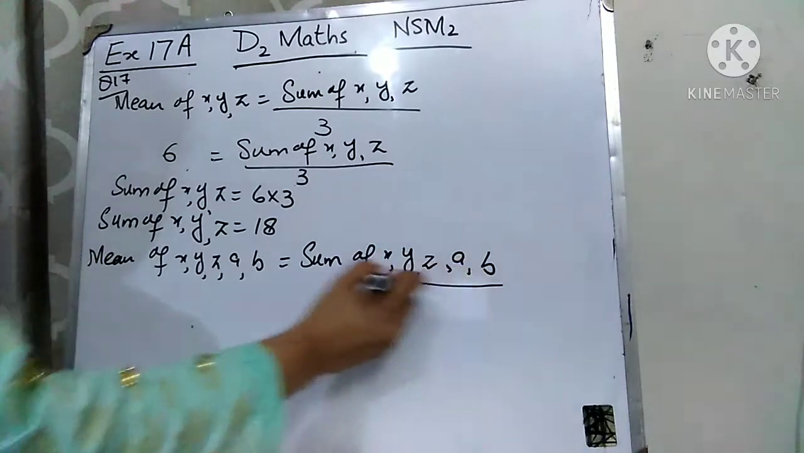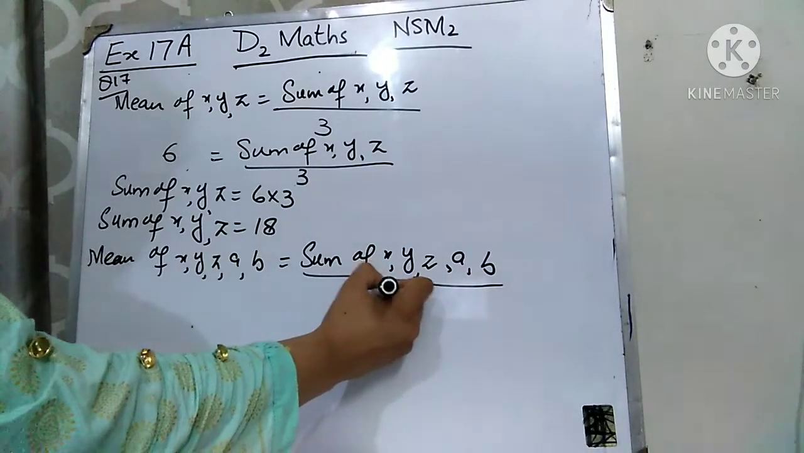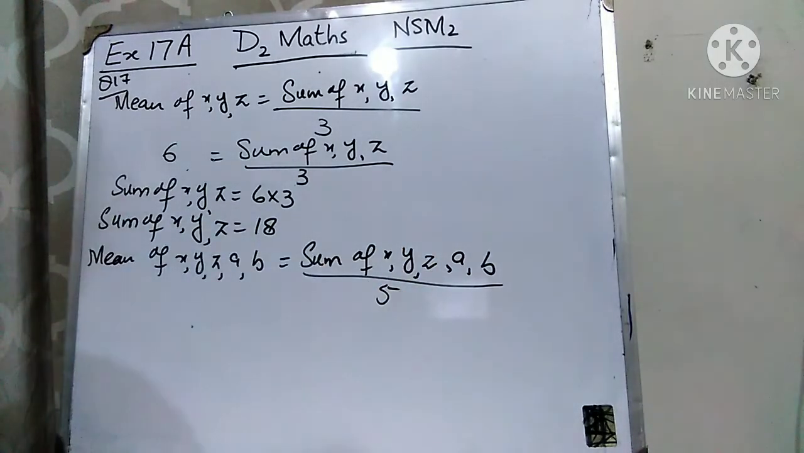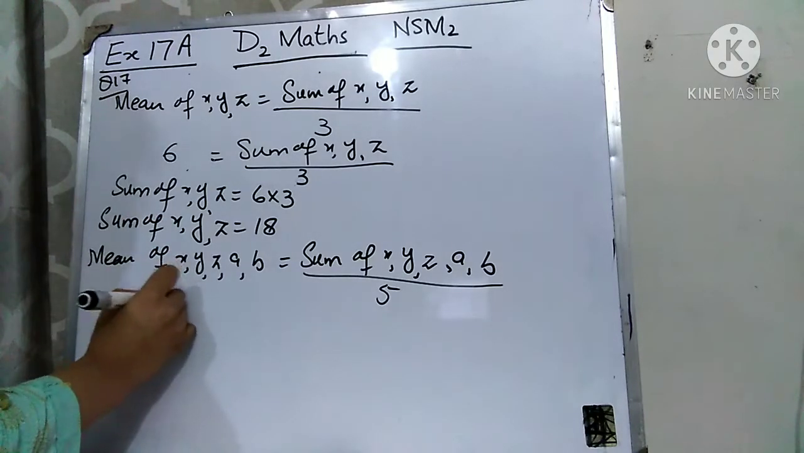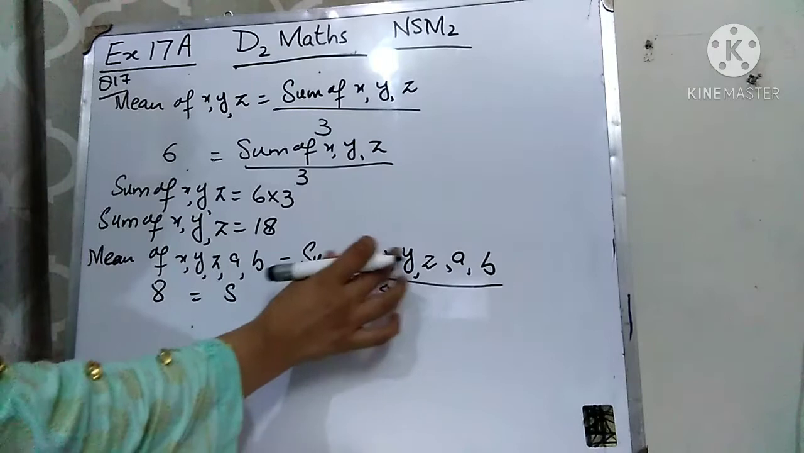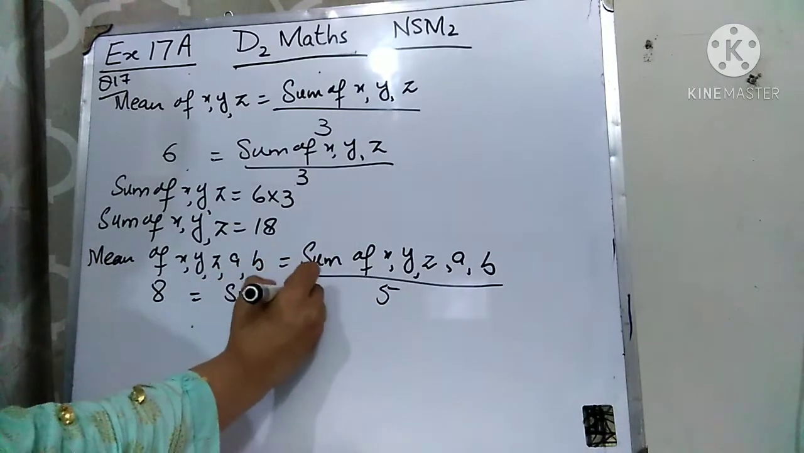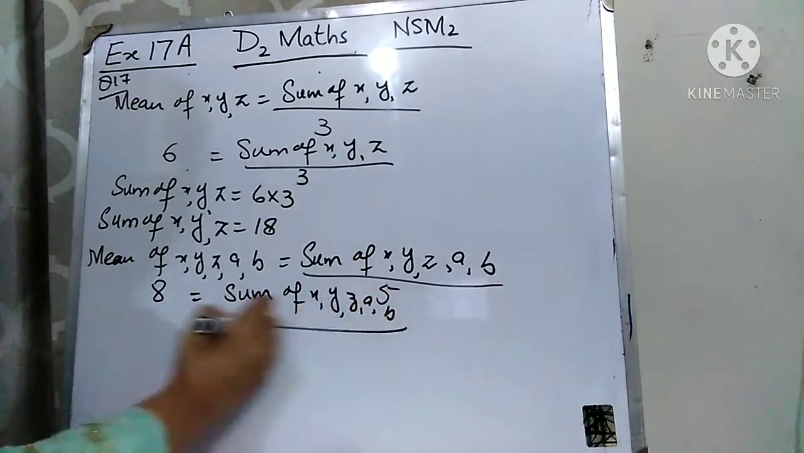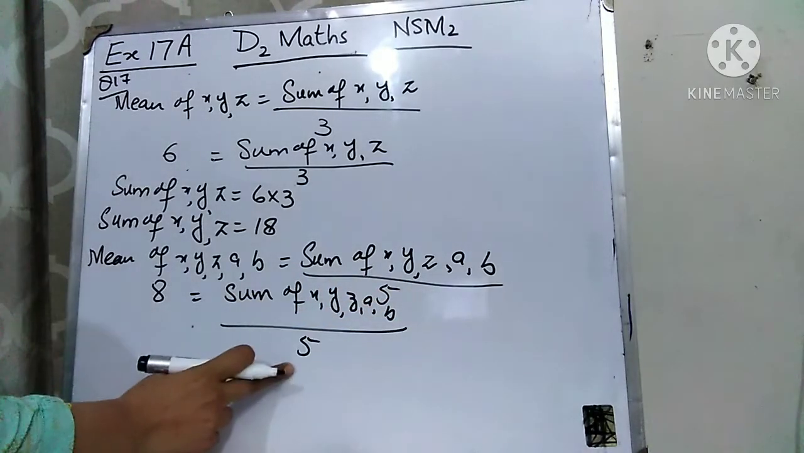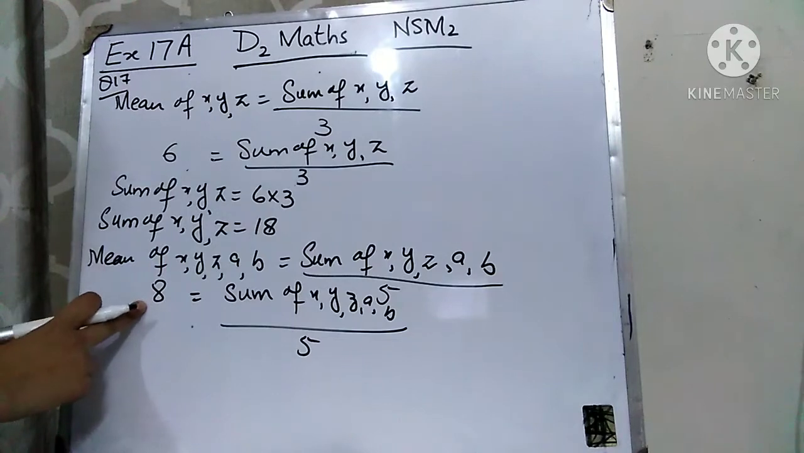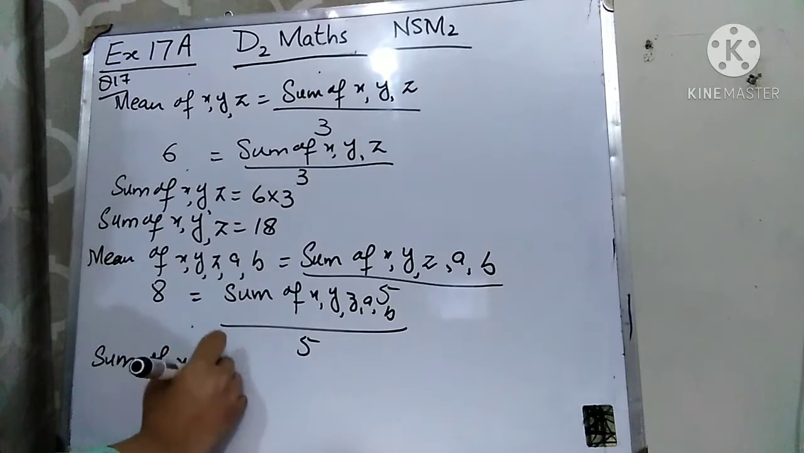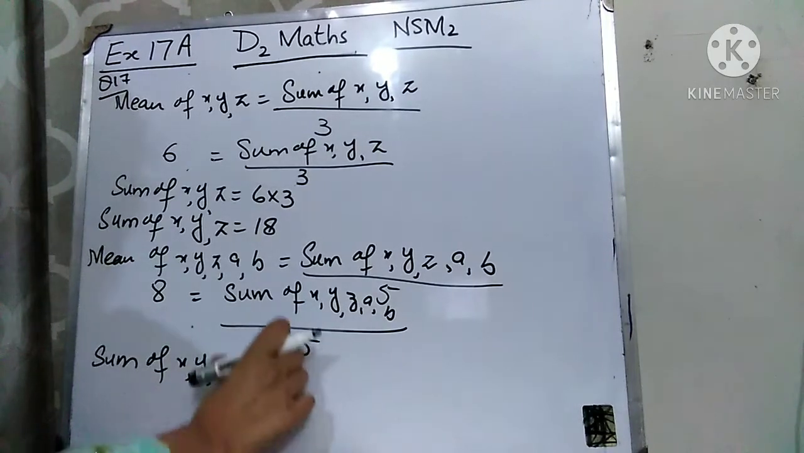These are 5 numbers, and in the denominator we write down the total number, which is 5. You know that this is the formula: mean of numbers is equal to sum of numbers divided by total number. So the mean is given, which is 8, so I can write down 8 over here, is equal to sum of x, y, z, a, b as it is because we have to find this, divided by 5. So this 5 is dividing over here, and will come to this side and multiply with 8. So the sum of x, y, z, a, b, these 5 numbers, will be equal to